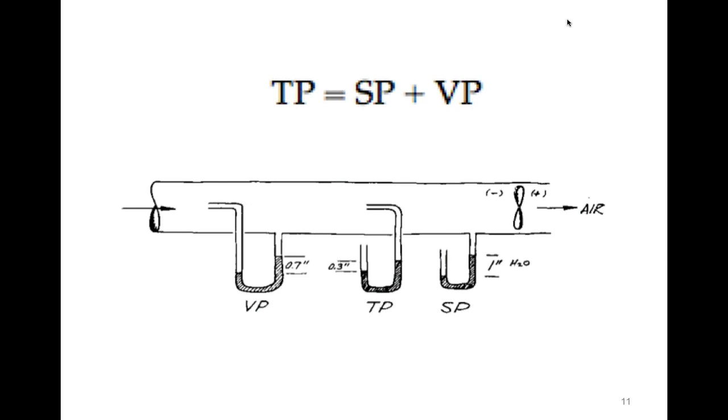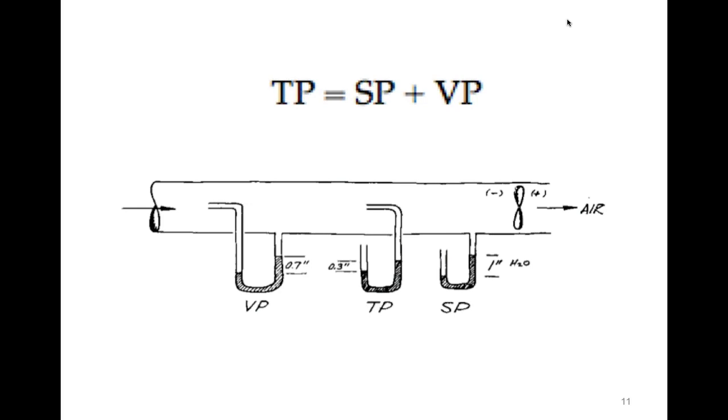Pointed upstream, you have static. If you pointed downstream, you would have only static pressure. If you pointed upstream, you would have the static pressure plus the pressure from the velocity of air. Okay, so that is static pressure and velocity pressure added together. That's called total pressure. So if you wanted to know only what the pressure was from the movement of the air in this duct, you would have to take what you see there from that total pressure and subtract the static pressure from it. Okay, so the total pressure is 3 inches, right?